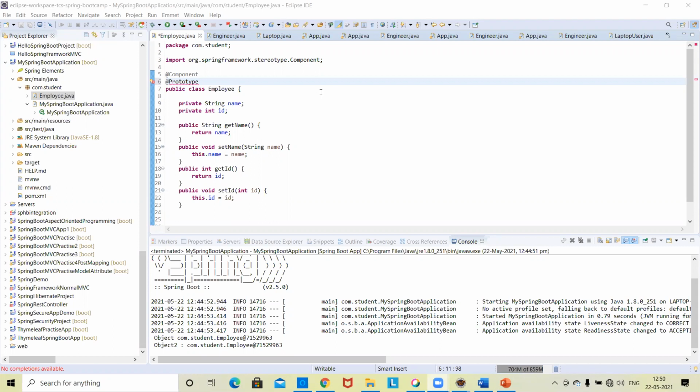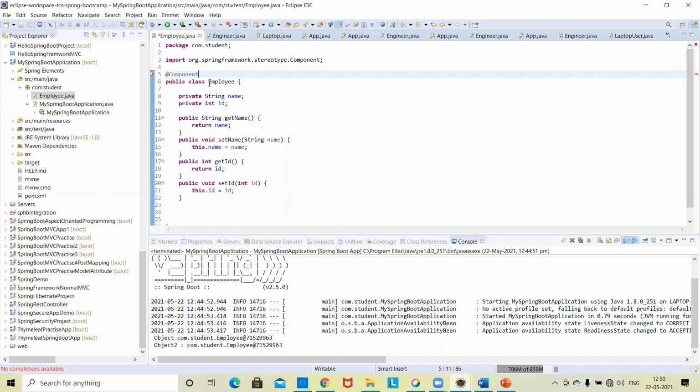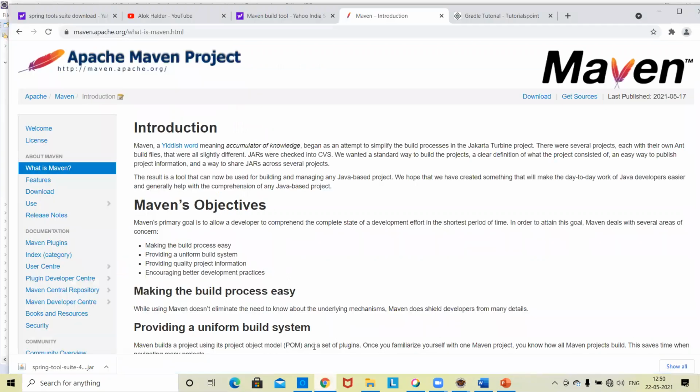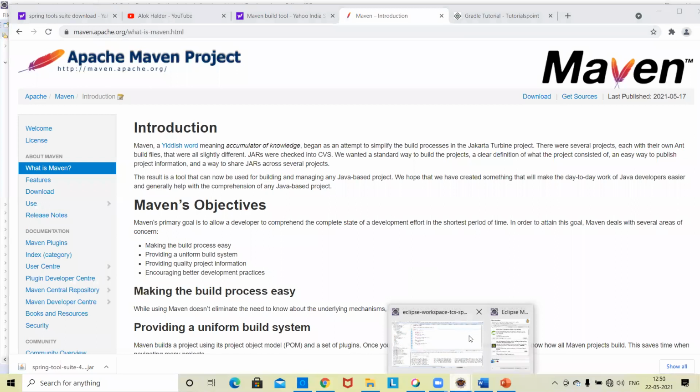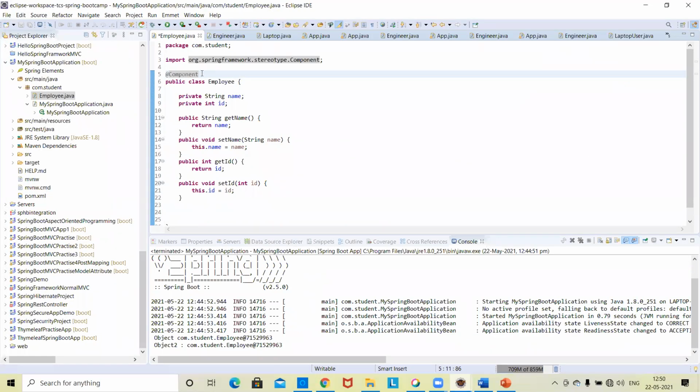One minute, let me check. Sandeep, are you there? Prototype, where do we need to write it? We need to write it in the component place, yes, sir.